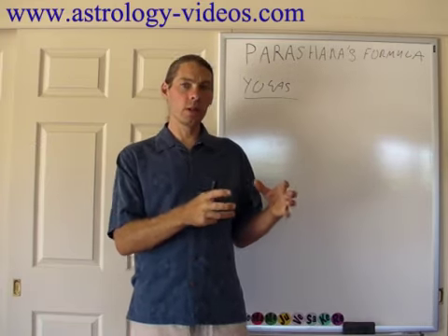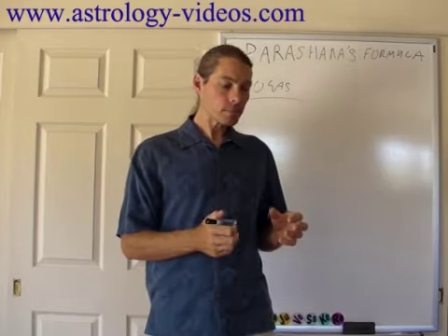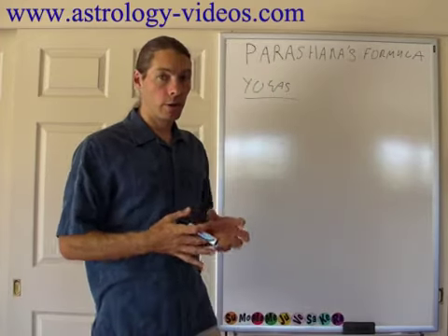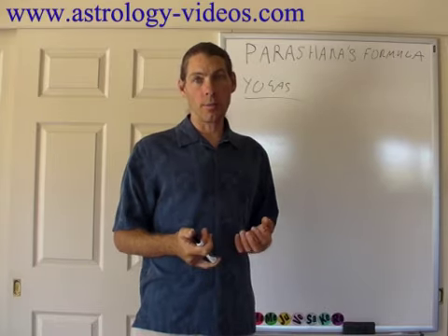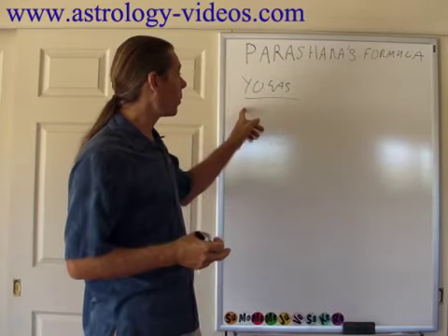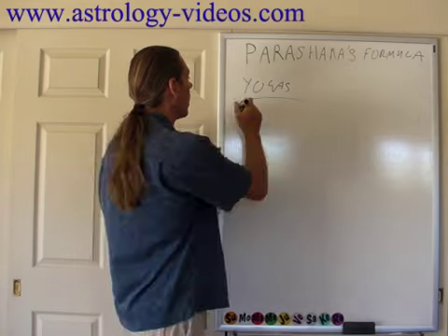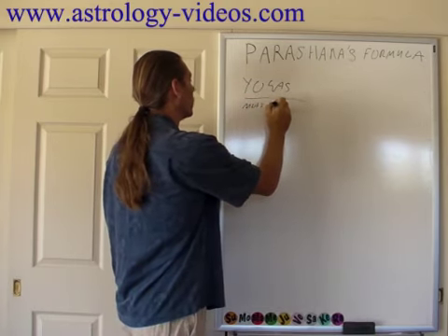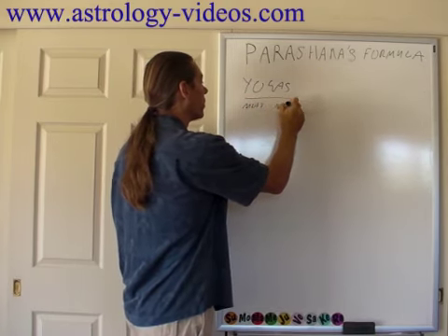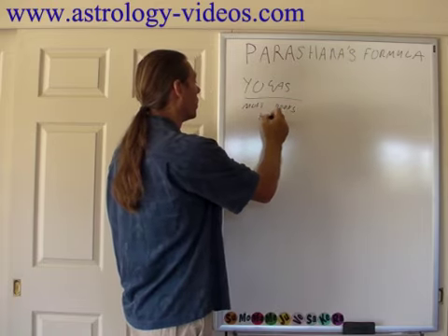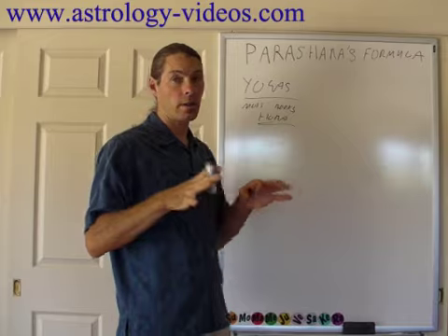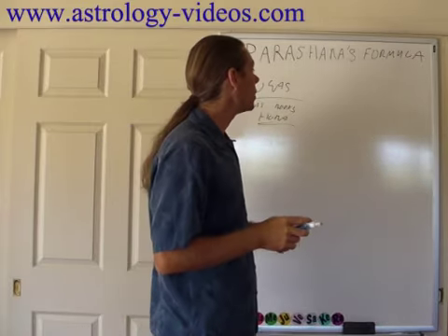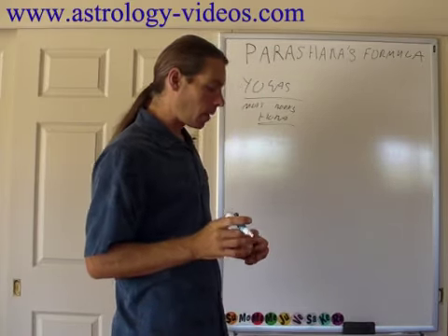But then there's some really good yogas too, okay? And those are well worth learning. I've covered some in the videos so far, and I'll be covering a lot more here in the near future. So one way to judge planets is yogas, and that's what most books cover. Most of the classical texts on Hora. What is Hora? Hora is natal astrology. Okay, I'm not talking about prashna or any of those other texts, of which there's some really unique ones.